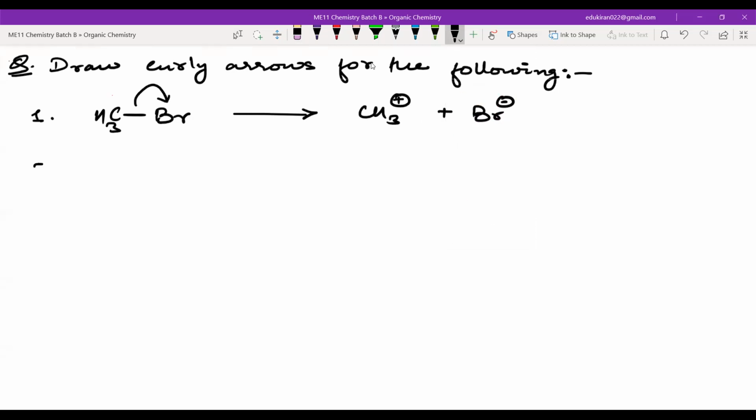Okay, now let me show you another example. If you have CH3 and Mg. Now, in the previous case I gave you the products. I will not give you the products right now. You have to tell me, there is a bond between carbon and magnesium. Generally, we will not be breaking the CH bond. There will be some cases in which we will, but as of now, we can see that the